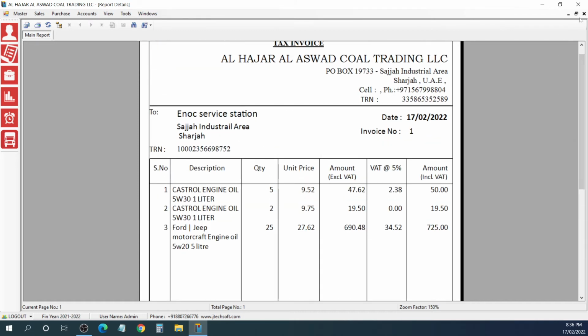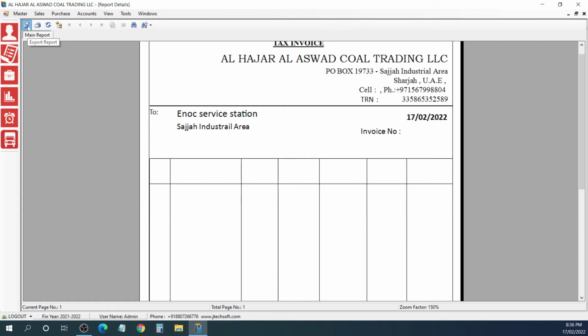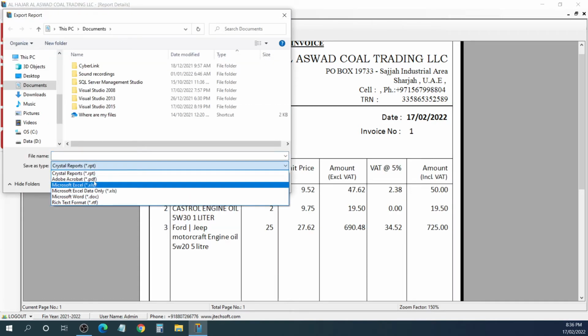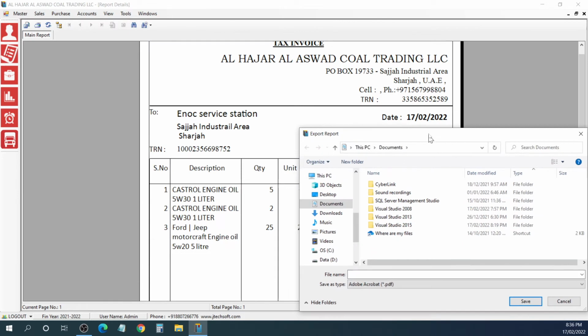Window, click the Export icon on the top first to export as a PDF document file by providing the file name and file type as PDF. You can select and change